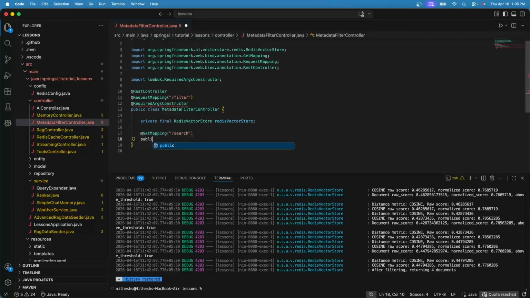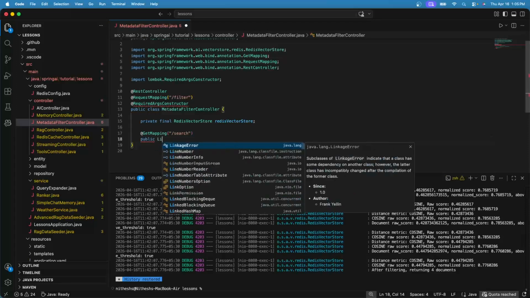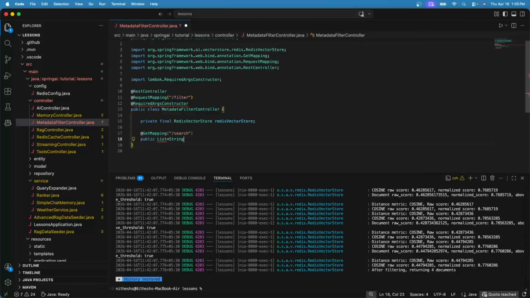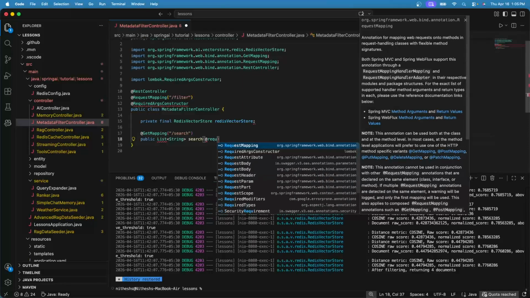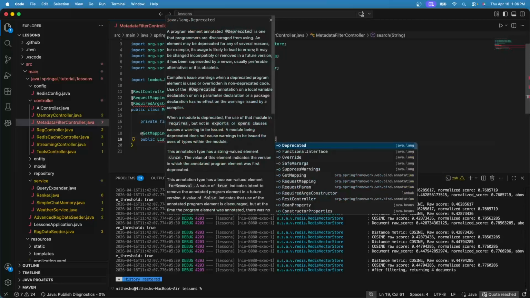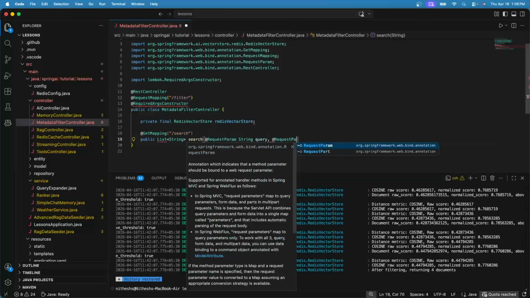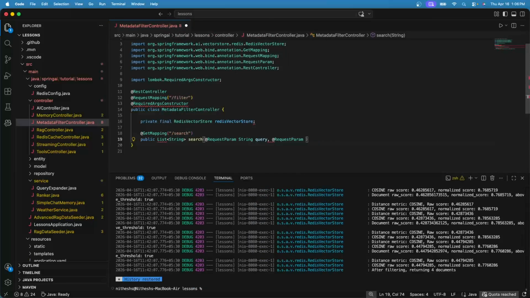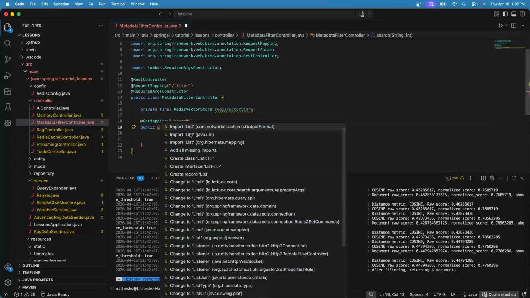Let's define the public method which returns a list of string, which takes a request parameter of type string. Let's name it query. Also, let us add one more parameter to limit the number of documents to be retrieved, which is of type int. Let's name it topK. Let me import java.util.